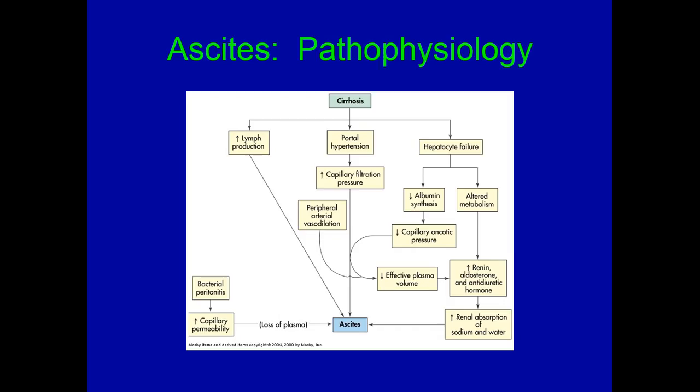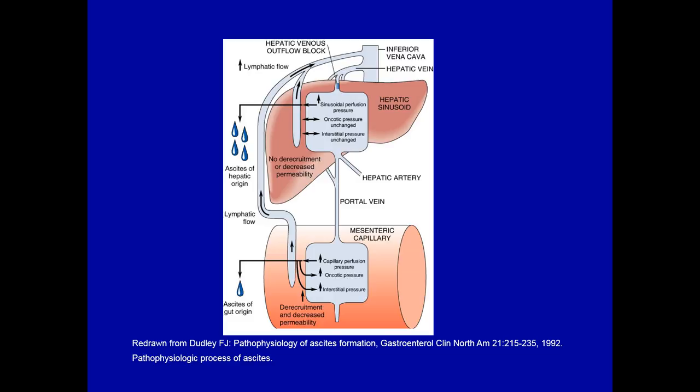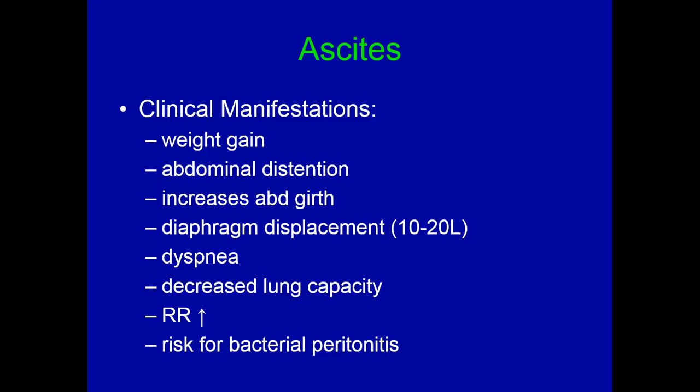So another visual, what we just talked about, portal hypertension versus hepatocyte failure. The portal hypertension with our increased hydrostatic, hepatocyte failure with our decreased oncotic, gives you a little more detail. Showing you more detail about those processes. And then our signs and symptoms of ascites. Weight gain, remember that weight is the best indicator of fluid status,